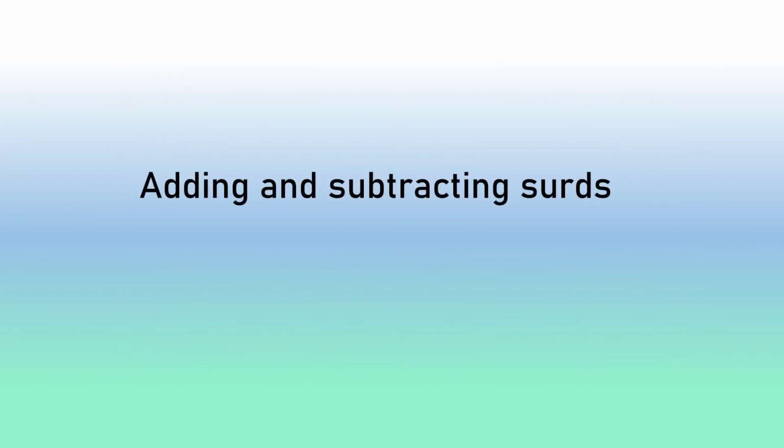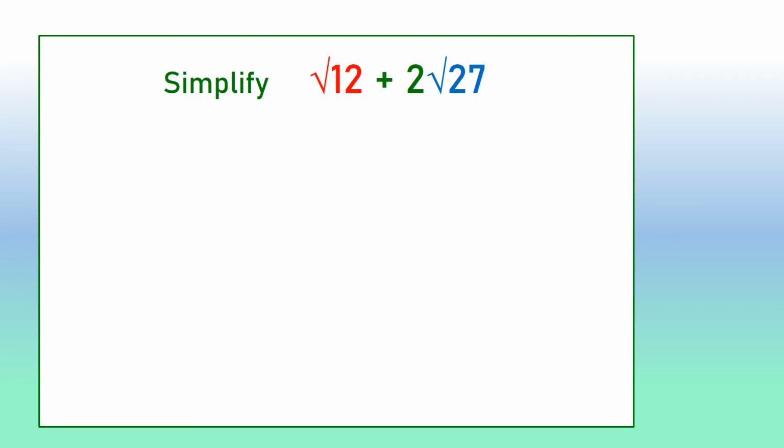So we're going to have a little look at adding and subtracting with surds. There aren't specific rules in the same way there are for multiplying and dividing, but what we can do is break them down so that hopefully we have similar parts that we can add up together. So same kind of thing, we're going to start by breaking down the root 12 into root 4, root 3, because 4 is a square number. We can break root 27 down into root 9 times root 3, because 9 is a square number, and then